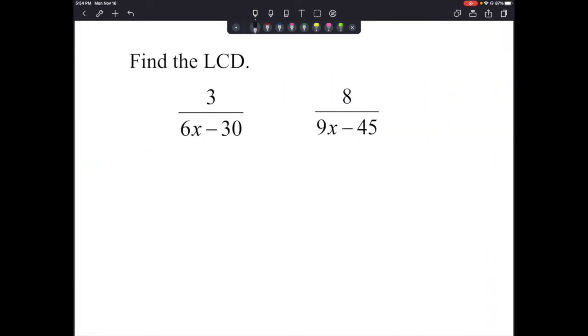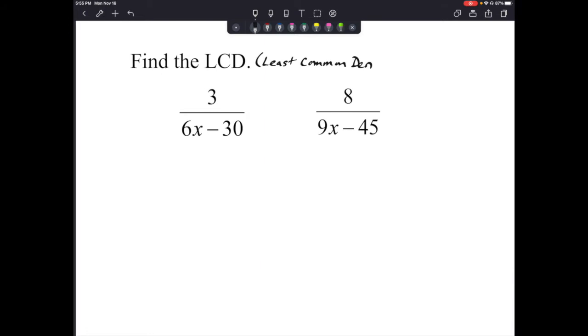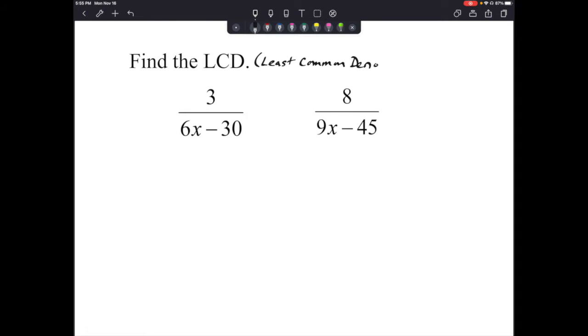Let's move on. The next set of directions says to find the least common denominator. Remember, that's what LCD means. It means to find the least common denominator. And I know that you have been talking about common denominators for a number of years. So I just want to make sure I spelled it correctly, denominator. All right, so if we're just trying to figure out what the least common denominator is, we need to find all the factors